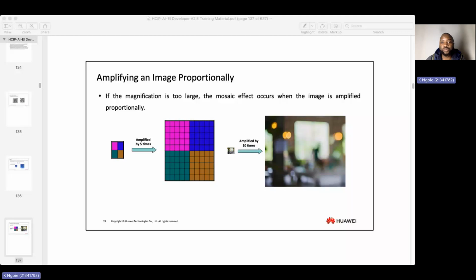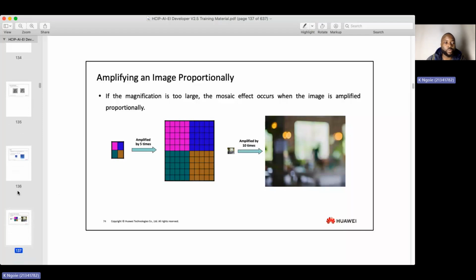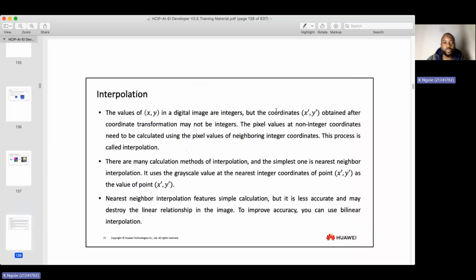All right. So, and then from there, we will have, what you call this. Okay, so that's amplifying an image proportionally. And then from there, we're going to have interpolation. So when we talk about interpolation, we need to note that when you're looking at an image, the